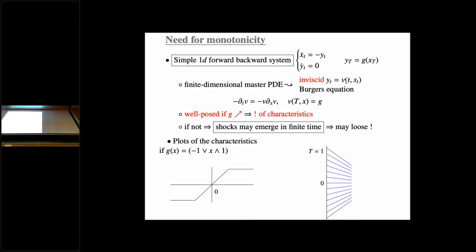So you do that, and you say I expect yt to be of the shape vt of xt, and I take the derivative in time, and I see what it means for v. And then you find that v has to solve the Burgers equation. When you compute v dot, you find that, by using the first equation on the top line and the second one here, necessarily v has to solve this equation.